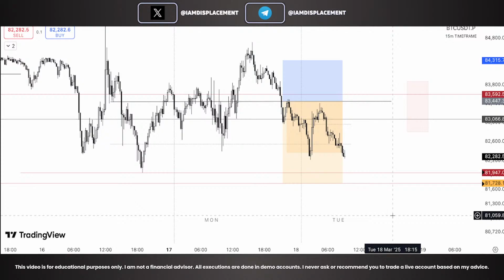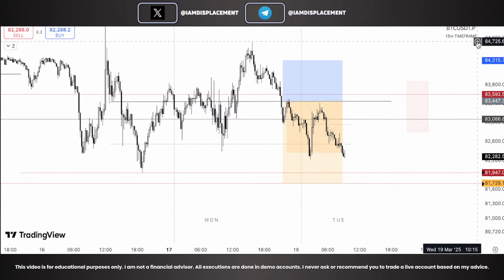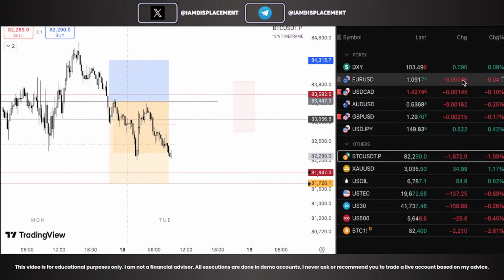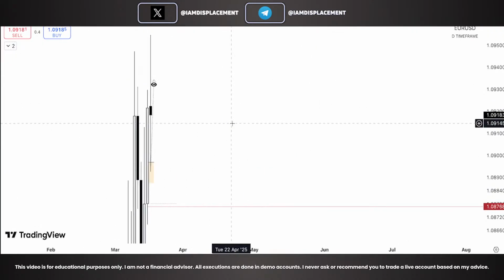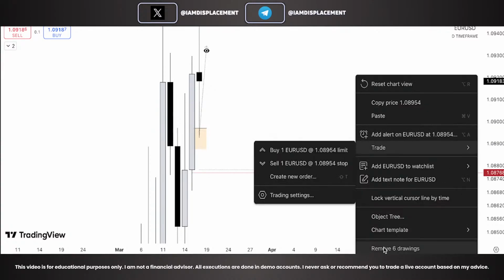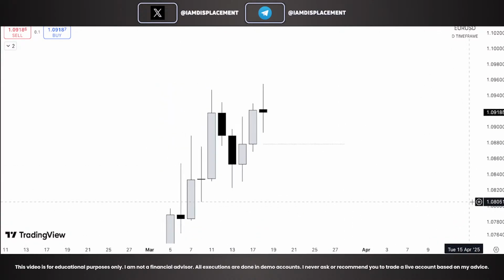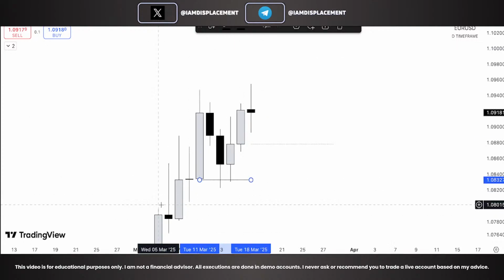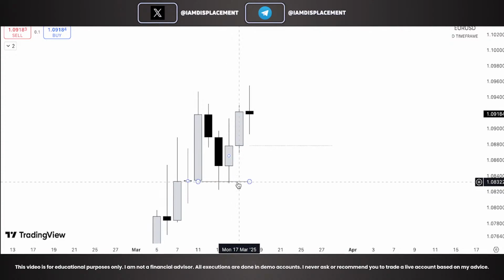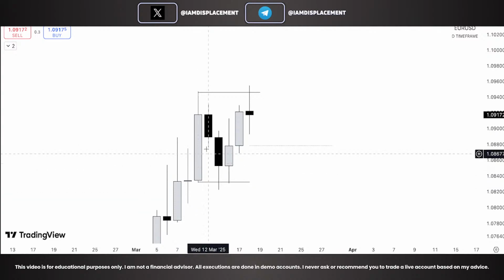Then let's start today's session. We'll start from Euro USD. Initially, my bias was bullish in Euro. I was looking for price to hit this order block. This is a pretty good order block, right? Price rejected below these lows, and we're going to reach. So automatically, this candle's high becomes order on liquidity, and this was the order block which is created, and price closed above. So I was looking for price to hit this order block,